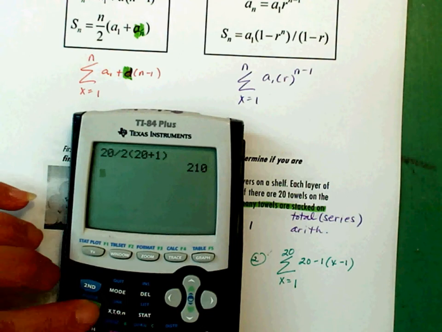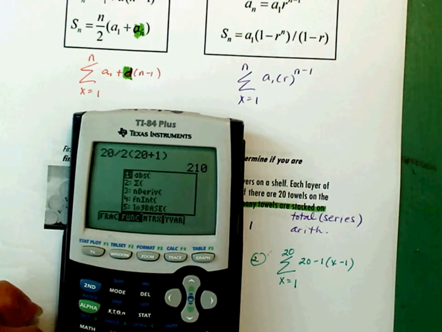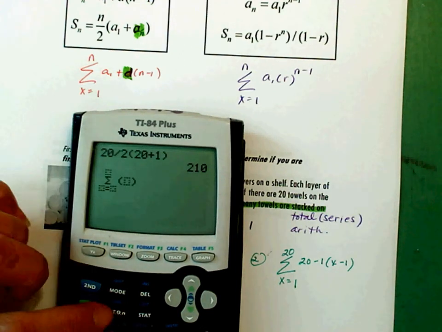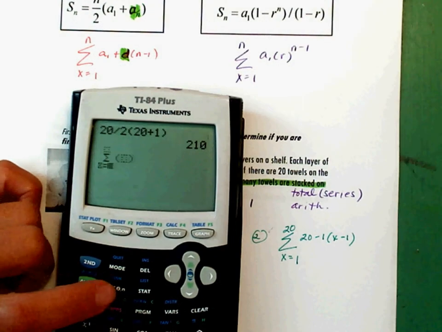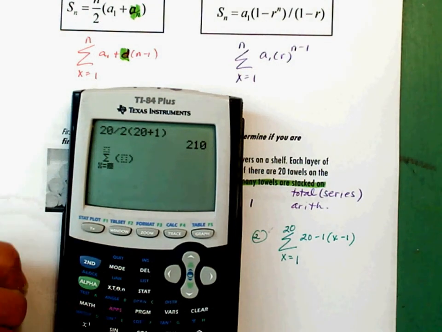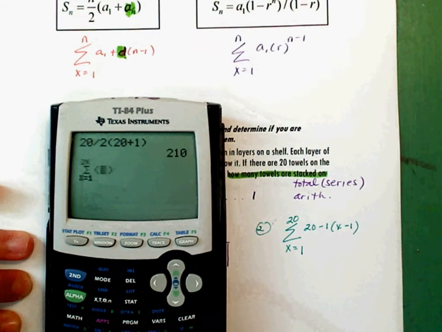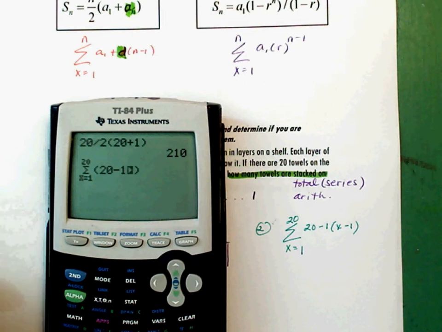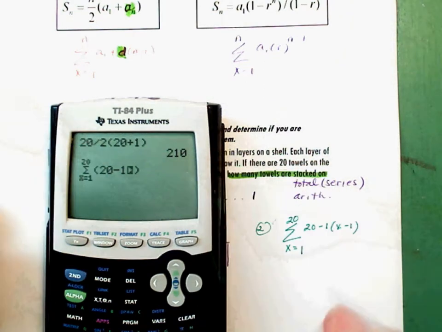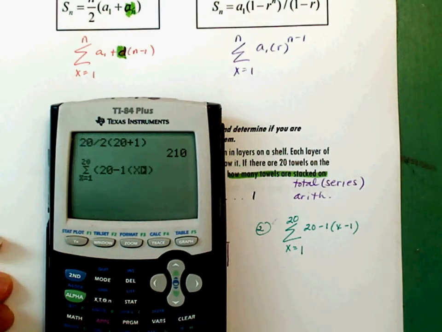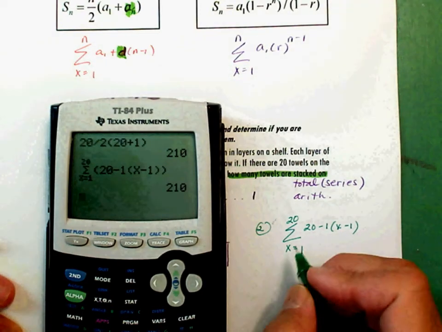Alpha window number 2. This is the x you use right here. X 1, right click, 20 layers, 20 minus 1, not negative, minus. Make sure you type everything inside your parentheses, x minus 1, in parentheses. And I get S sub n is 210